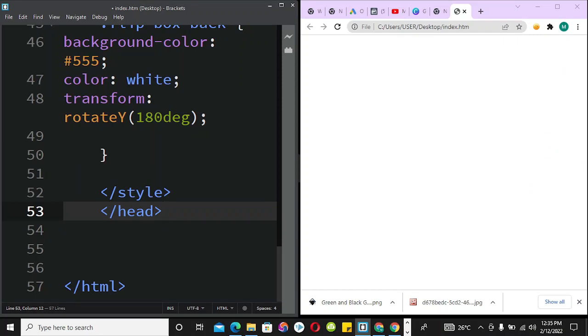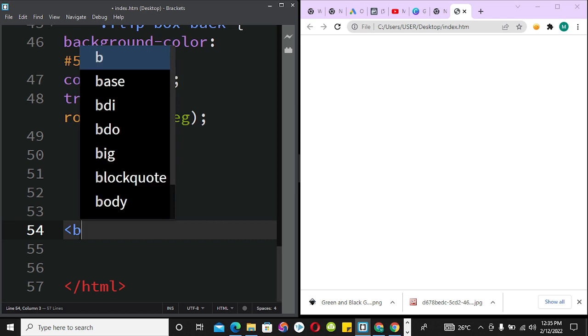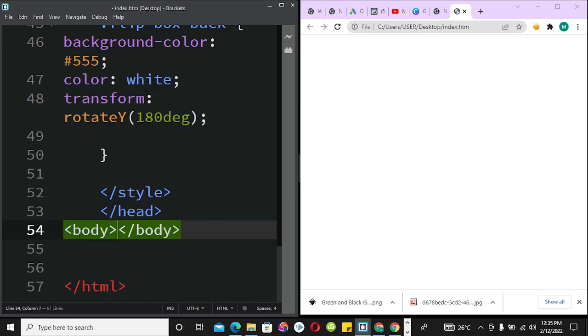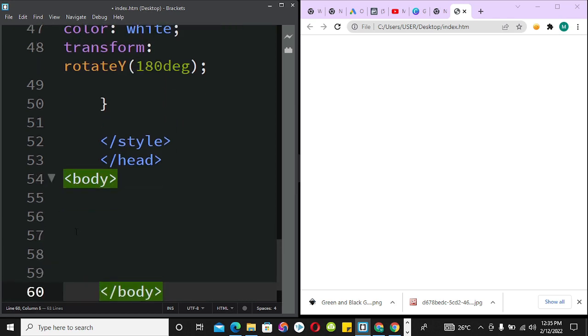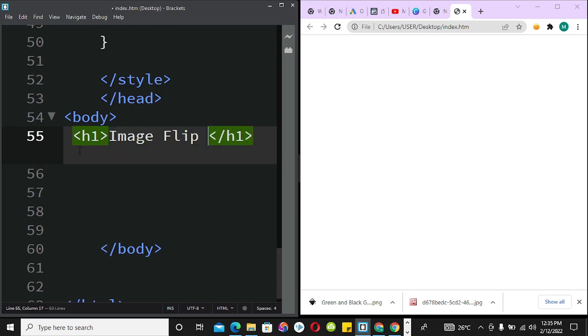Next, we are going to bring in our HTML content, and to begin that, we're going to bring in the body tag. So we'll say body. So first, I'm going to have the header h1, where I'll say image flip. Okay,